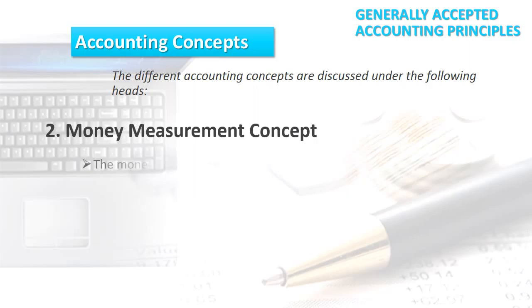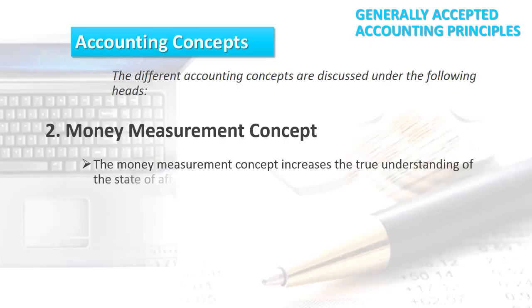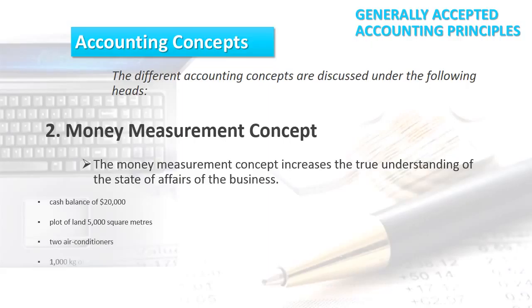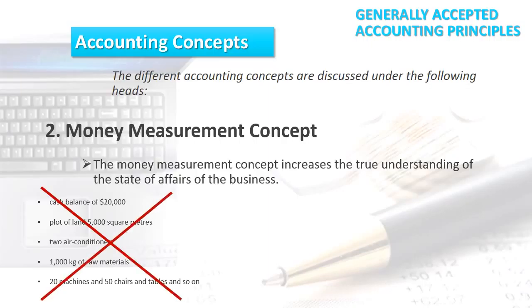Money measurement concept. The money measurement concept increases the true understanding of the state of affairs of the business. For example, if a business has a cash balance of $20,000, a plot of land of 5,000 square meters, 2 air conditioners, 1,000 kilograms of raw materials, 20 machines and 50 chairs and tables, and so on, there is an absence of money measurement concept. These different types of assets cannot be added to give useful information. One cannot assess the worth of the firm, but if the same is expressed in terms of money in accounts,